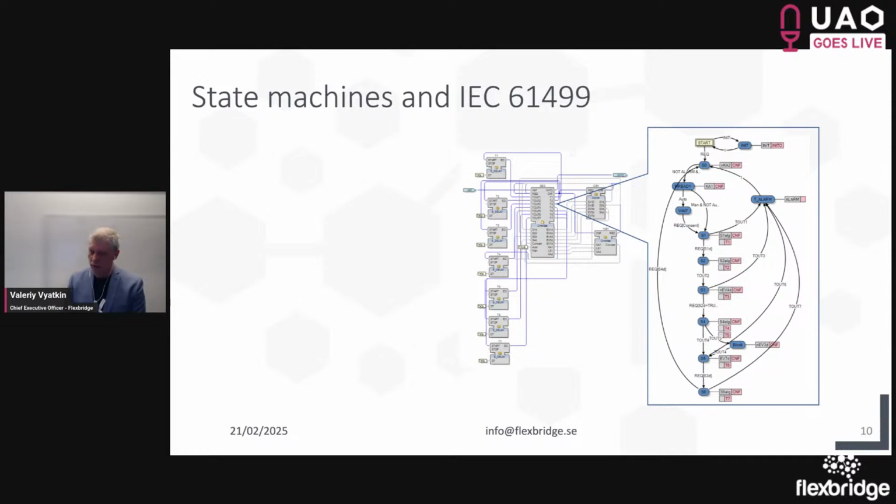In IEC 61499, as many of you know, a basic way to represent the control logic, one of the ways, is to program basic function blocks using state machines. So here is an example from one of our previous projects. One commercial machine was implemented, control of that was implemented as this state machine called in 61499 execution control chart.